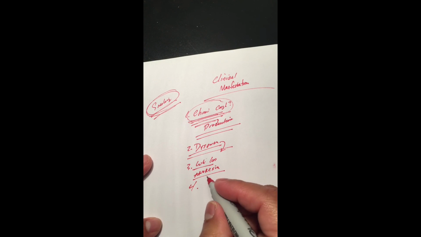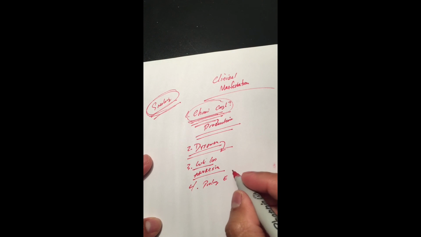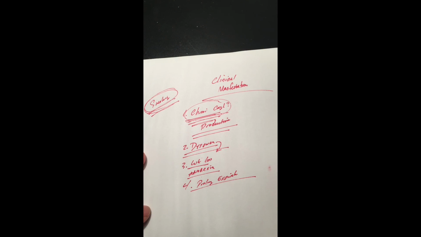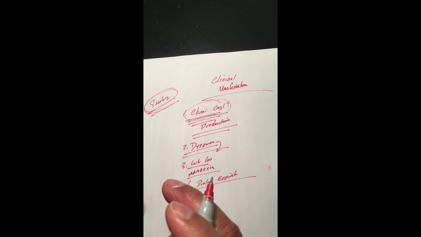Number 4, prolonged expiration. Okay, so when they exhale, it's very long. Why? Well, we talked about how the alveoli change in shape. Now, as a result of that change in shape along with the bronchioles